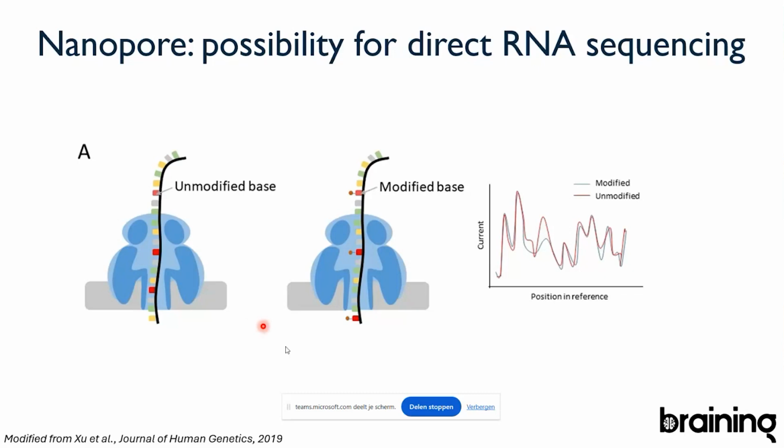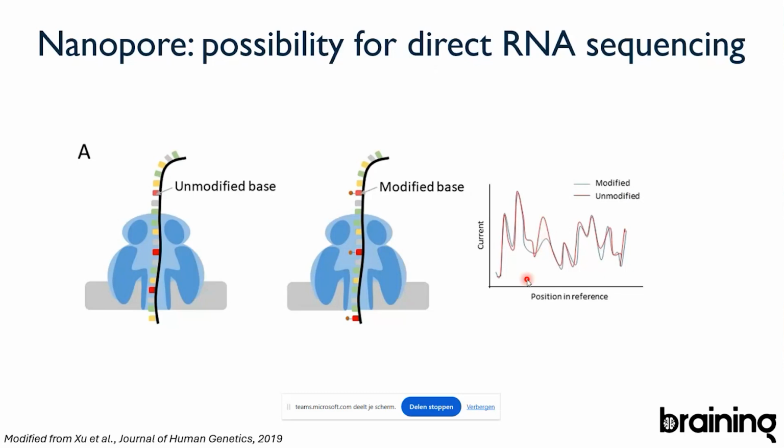And that is exactly the principle that you can use to look at RNA modifications using nanopore, right? So what you would see here is an electrical current pattern for an unmodified base in red, right? And you can see where the bases are modified. For example, here in the blue line, there is a difference between the blue and the red, which means that this base is going to be modified.